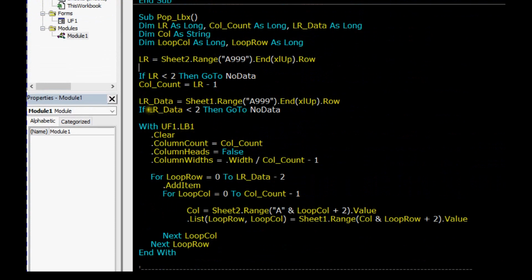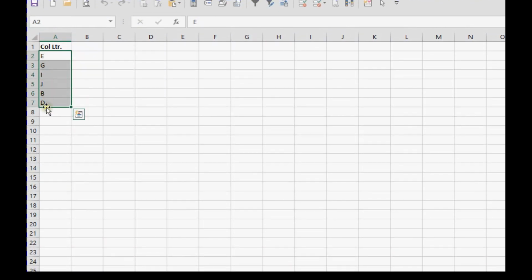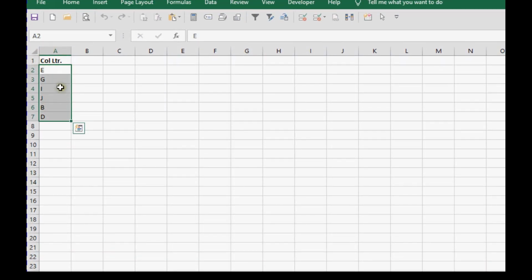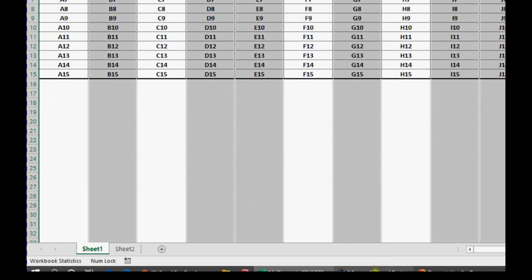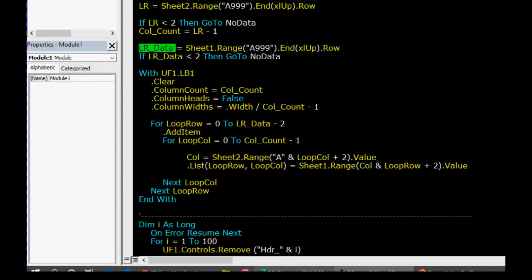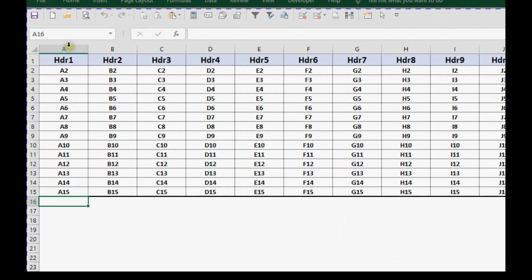Okay. So next we check LR data. This is the LR we checked, the last row, whether some letters are there or not. If no letter is there, it means we don't have anything to populate in the list box. So it will give us the message box: we don't have anything to be populated. Next thing we are checking is LR data, which means we are checking the last row on Sheet1 from where the data actually is to be populated.